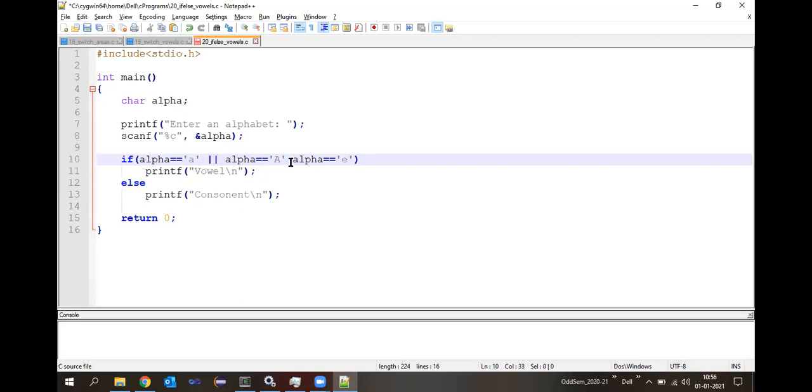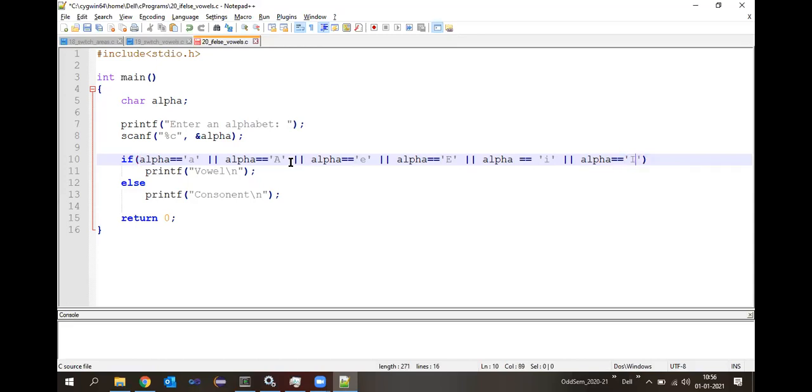So here again, logical OR operator. So next will be what? Here I will use logical OR alpha equals uppercase 'E'. Then logical OR alpha equals 'I'. Then alpha, here there should be OR alpha equals capital 'I', right?